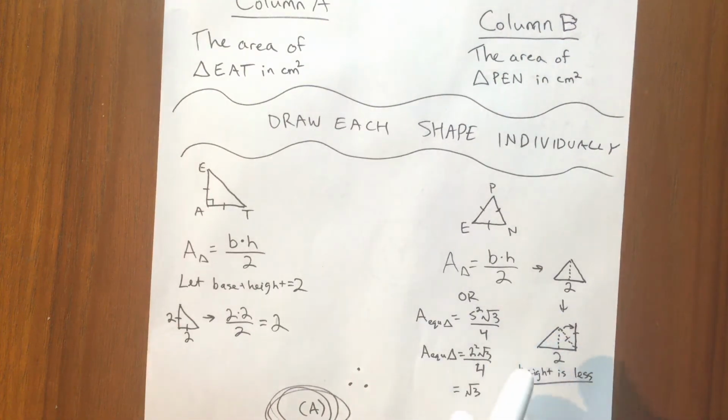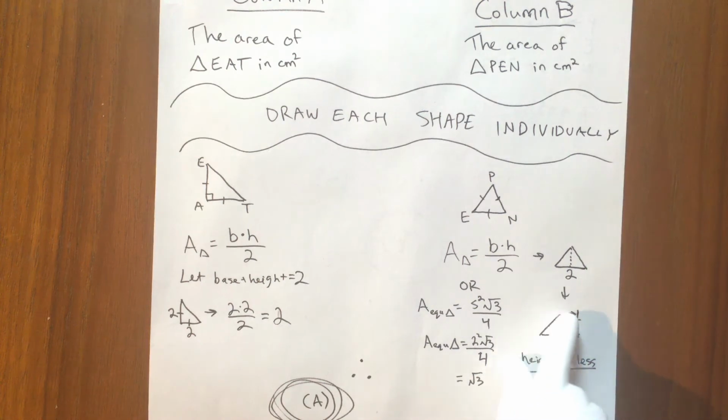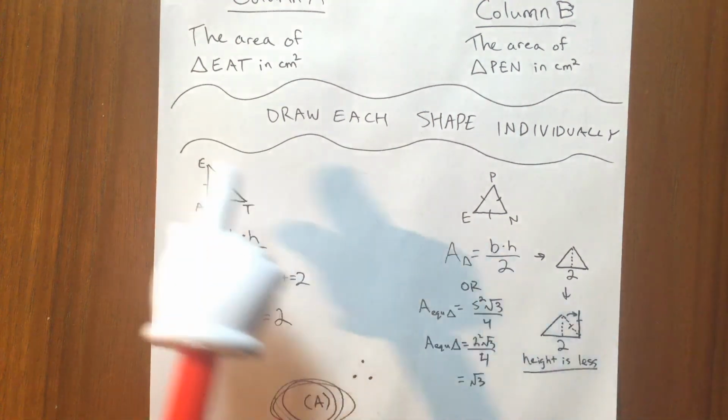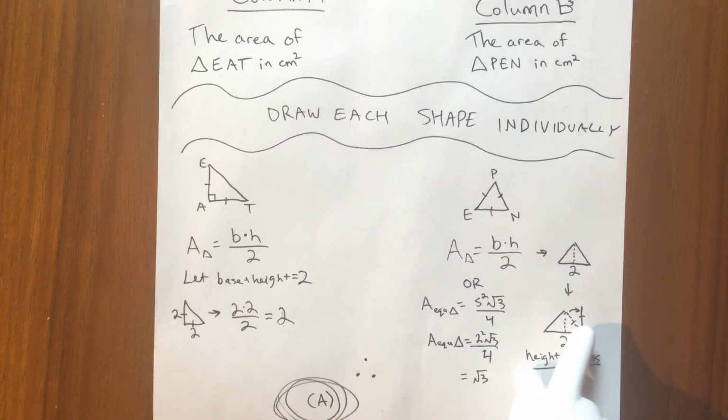So what we can do instead is kind of visualize this equilateral triangle right here, where we can see this base is 2, and this height is going to be the dotted line right here. It needs to be perpendicular from the base, sticking straight up. And if we were to extend this side, which we know is the same as the height here, it's congruent to all these sides. If we were to extend this side and just kind of drag it up like that,